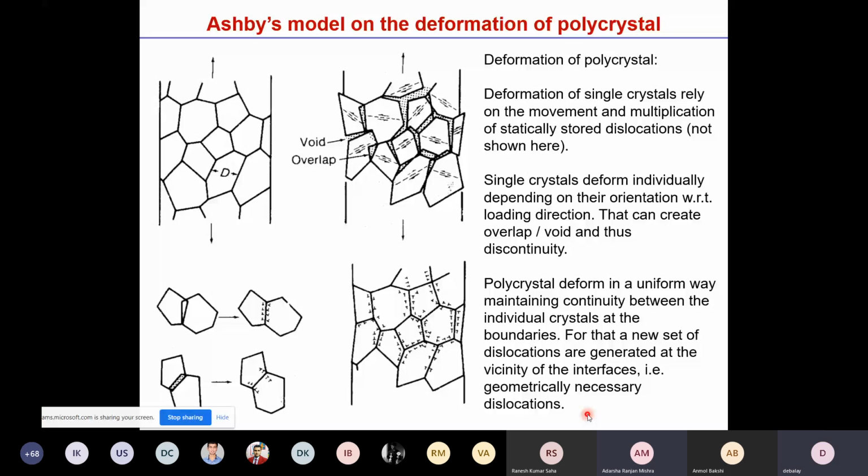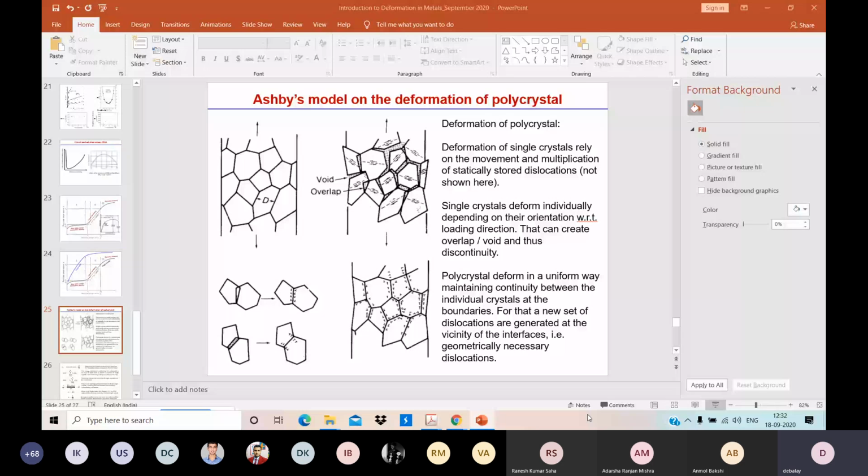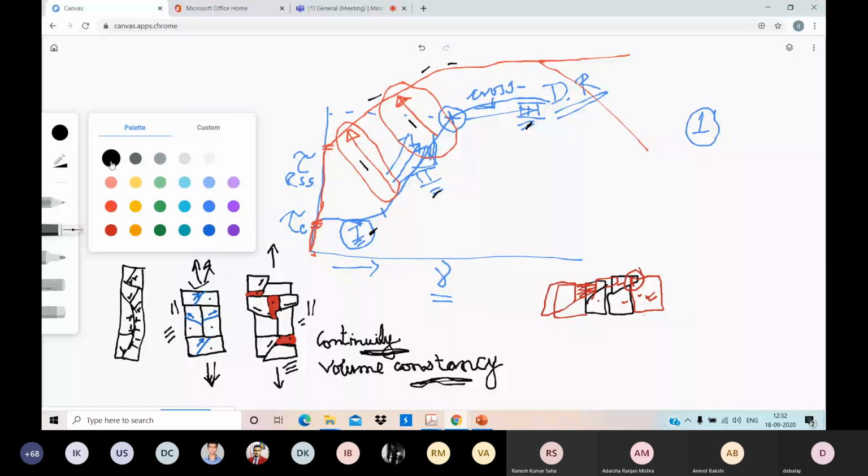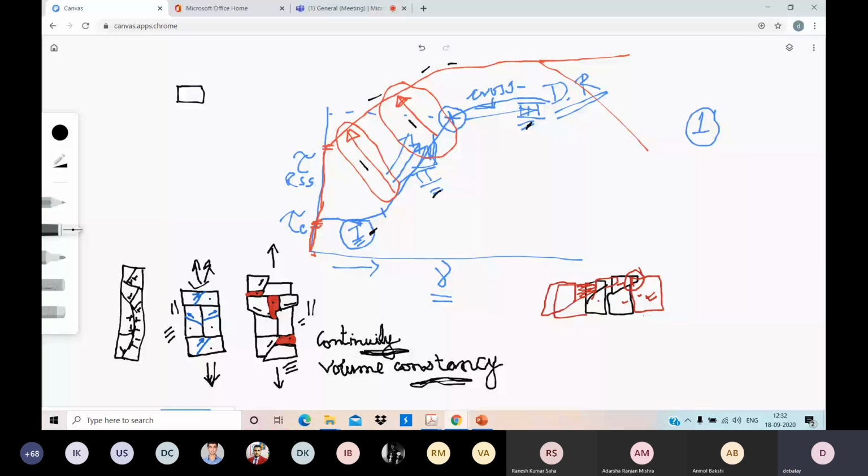So these aspects will be quite interesting because now you think, those who can visualize, let us go back to the canvas screen, how the thing can be more interesting. You have to think in a different perspective. Suppose I draw some crystals. In the previous image, I have shown that their slip plane is different, slip direction is different.